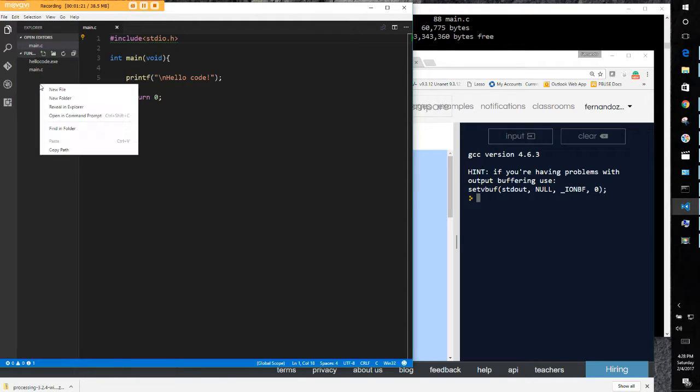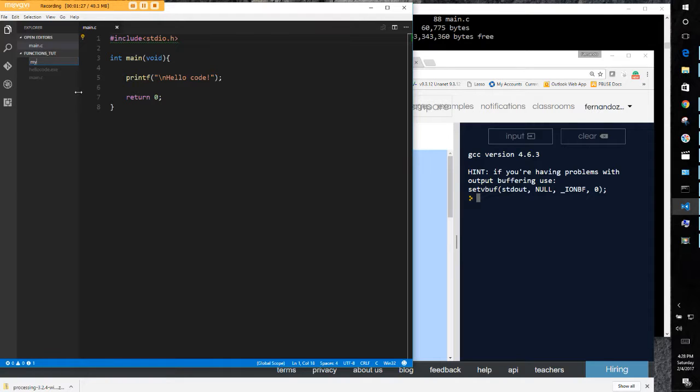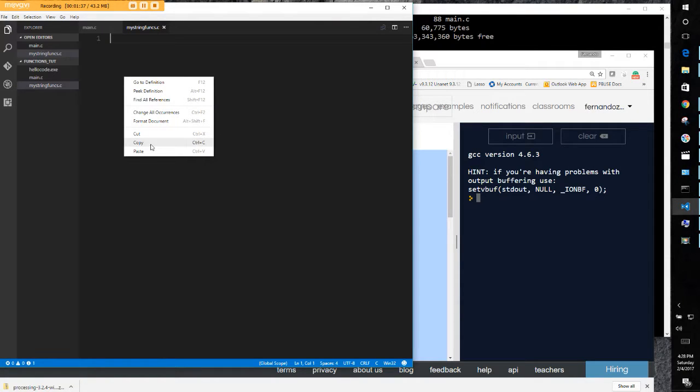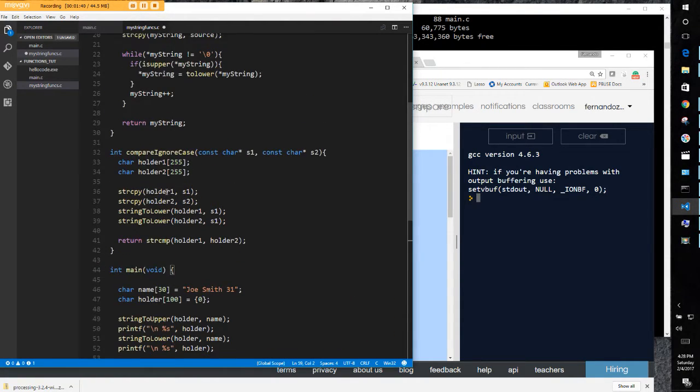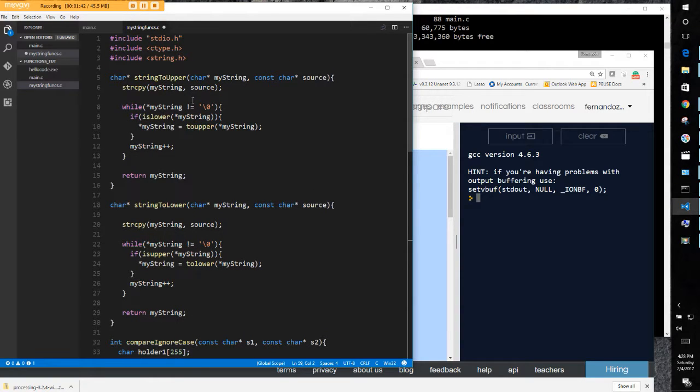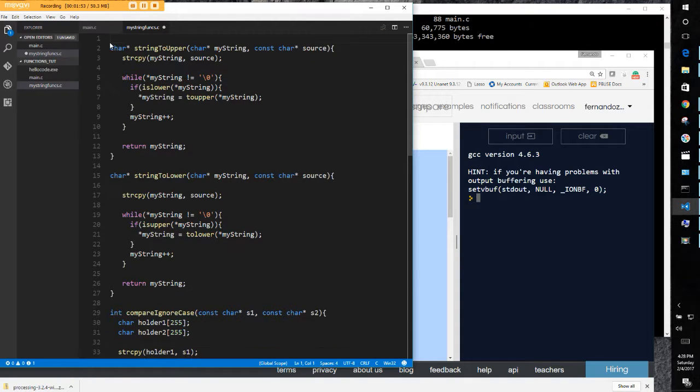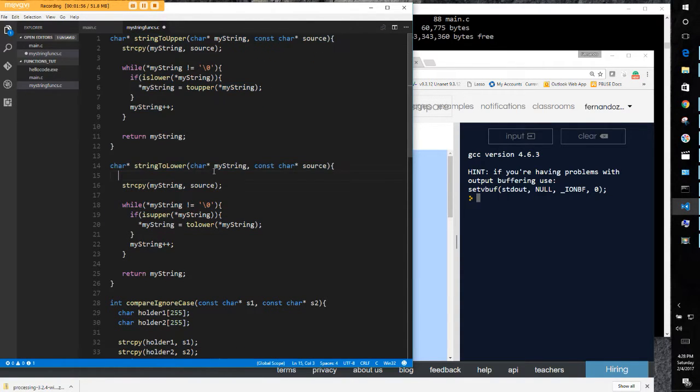So let's create a brand new file and give it a name. Let's now paste everything into this file. But in this file, we have everything. We have a main and we have all of this. What we want, we can get rid of all these includes because we're going to include those in our H file, because this file is going to have a corresponding H file. So we only want the